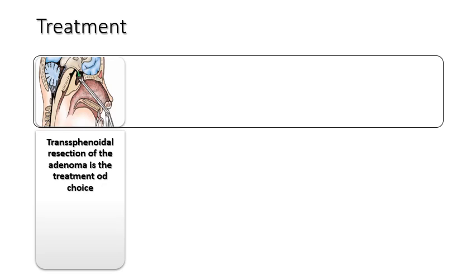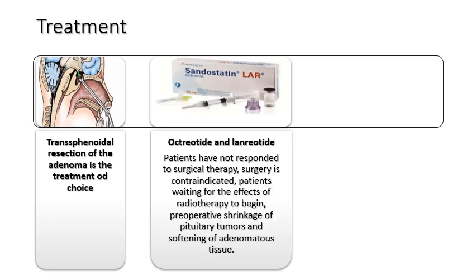Surgery is the treatment of choice for acromegaly and the growth hormone secreting adenoma, and this is done by a transsphenoidal resection of the adenoma. If the surgery failed or the disease still persisted after surgery, we can use medical therapy in the form of long-acting octreotide. And if you remember when we talked previously about the physiology of the